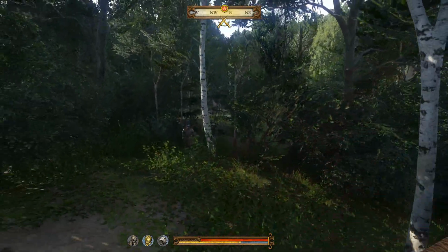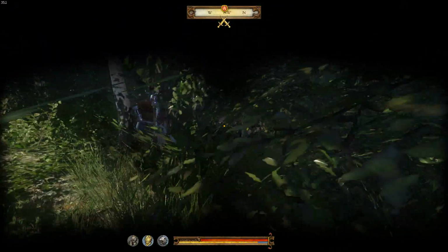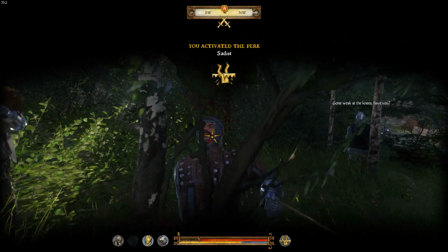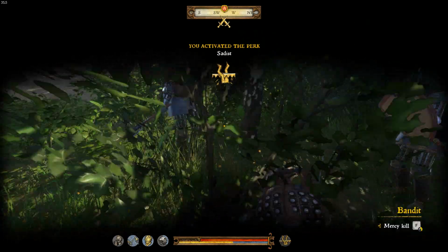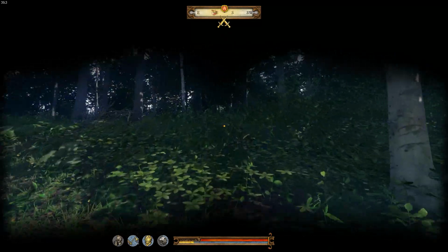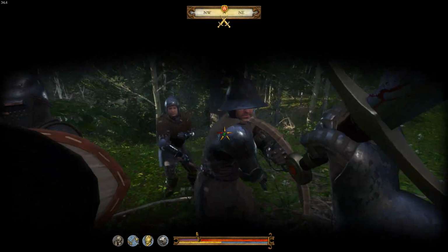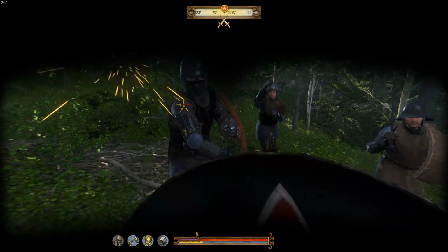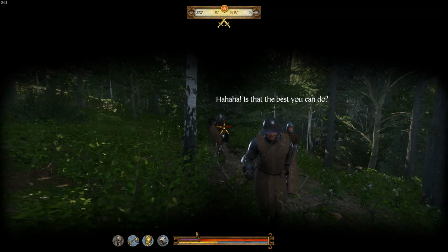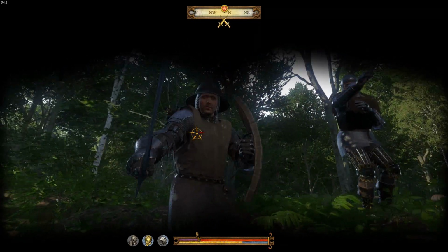He's an archer himself. It's usually best going for the archers first, because they're usually a bit weaker. See, he went down very quickly. Right, again, we've got three. Alright, let's...